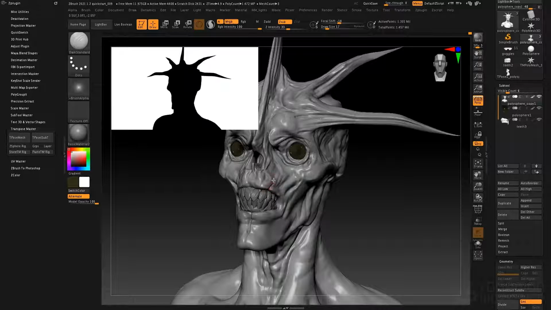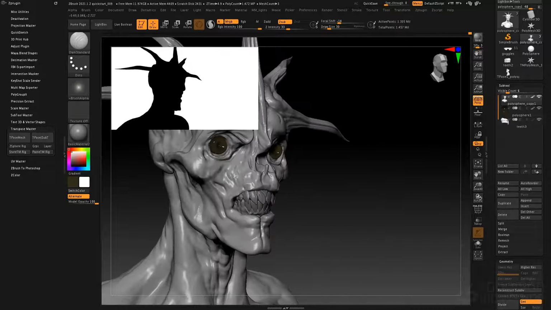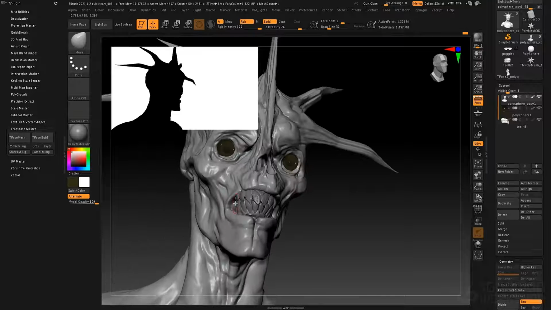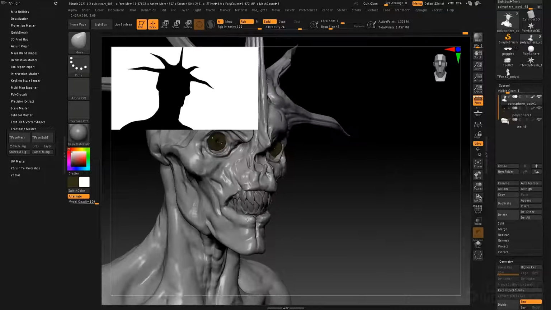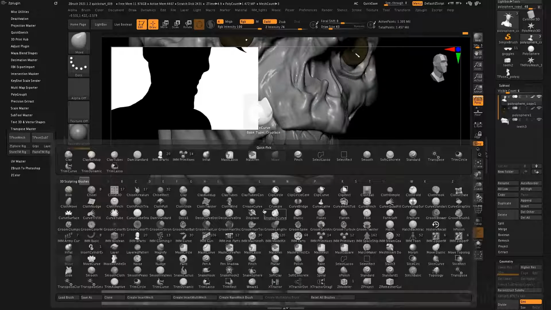And I have X symmetry turned off right now, so I can create these sort of asymmetrical slashes in the mouth. Go back to my move brush, grab the corner of this mouth, bring that back and in a little bit. Now the lower lip tends to tuck under the upper lip, so I'm going to take my clay tubes